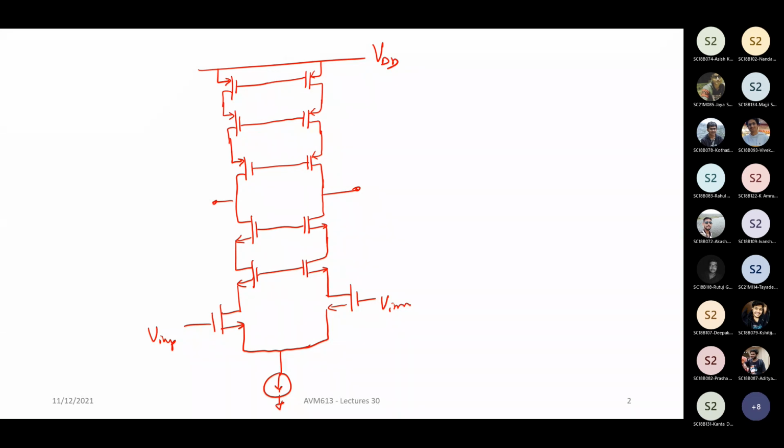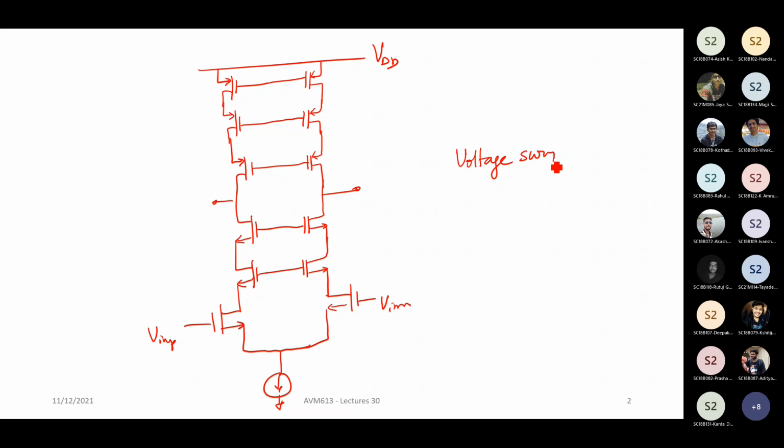Basically, what I have done is a double cascoding, or what is called triple cascoding. Rather, you have three transistors stacked up on the NMOS side and three transistors stacked up on the PMOS side. Now, what do you think would be the main problem with a circuit like this? Voltage swing, sir. A limited swing. Correct. The voltage swing is very limited.